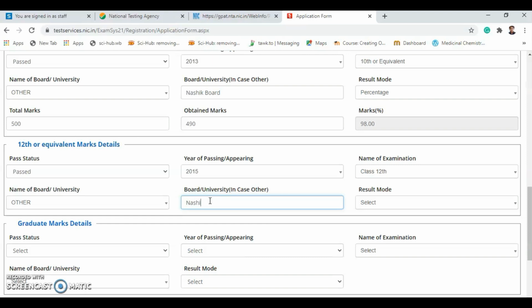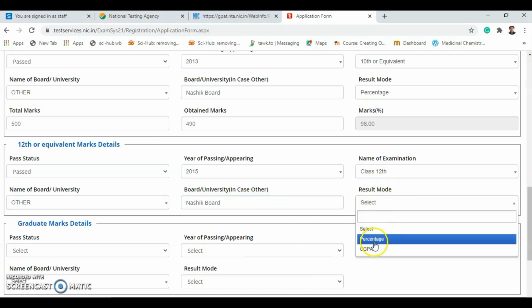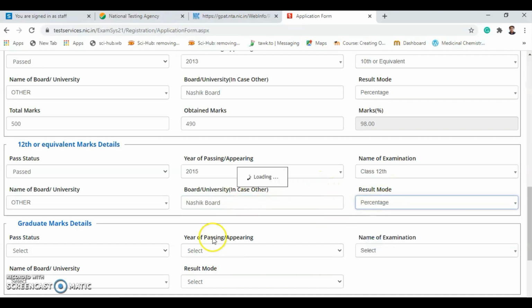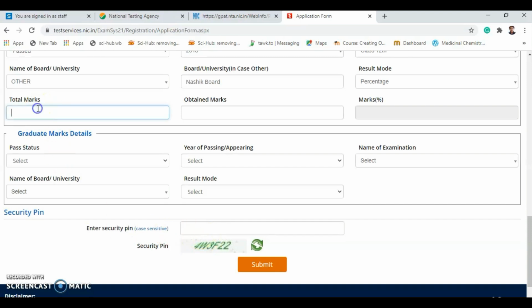Again, on the 12th certificate, you'll find the name of the board. In my case it is Nashik board. Total marks, say the total marks was 600, out of which I got 580. It will calculate the percentage.